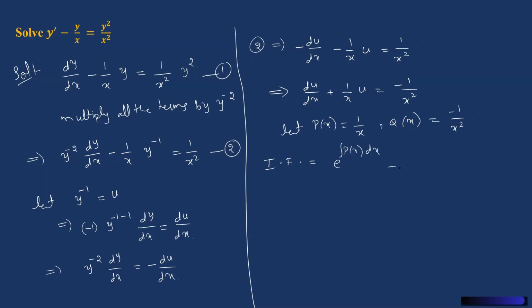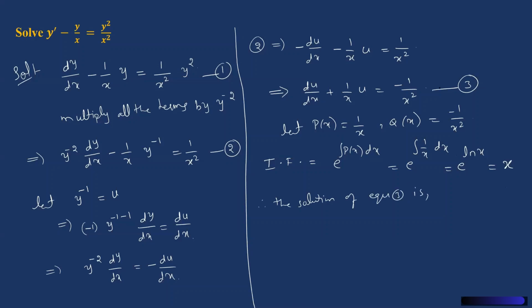Now see, it is e to the power of integration of 1 by x dx. And this is equal to e to the power of integration of 1 by x, as we know it is log x. So therefore e power log x means it is only x. Right? So integrating factor is simply x. So therefore, I'm just giving one more number to this, it is 3. Right? Now therefore, the solution of equation 3